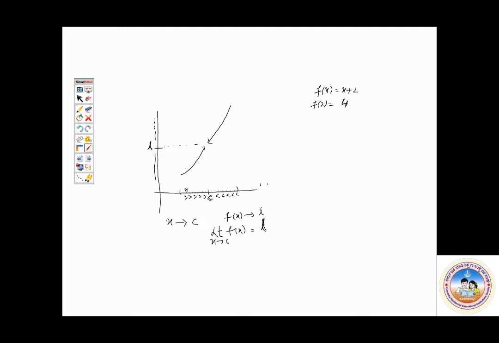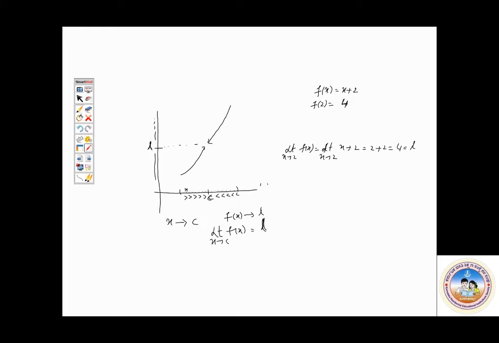As an example, what we had earlier, limit of f of x as x tends to 2. For this problem, limit of x plus 2 as x tends to 2 is 2 plus 2, that is 4, which is L according to this result. The limit of the function is 4 for this problem. Functional value is 4. This is from the functions chapter. This is from the limits chapter.